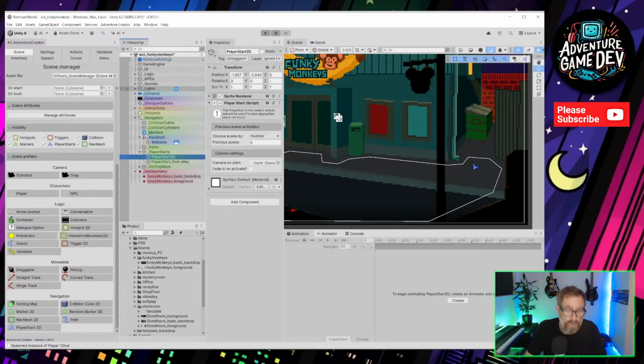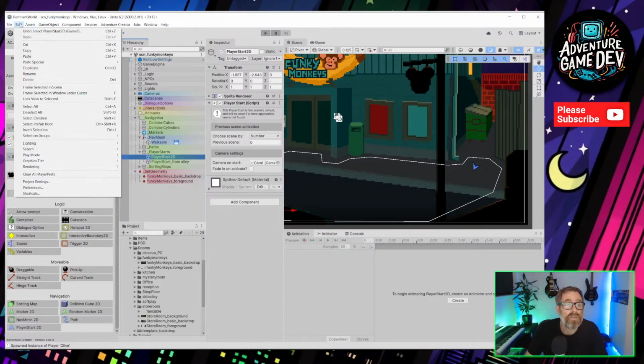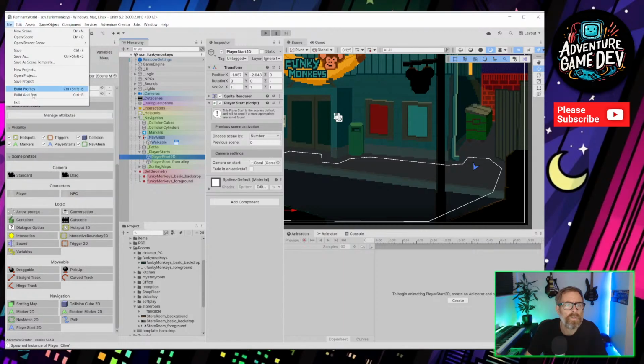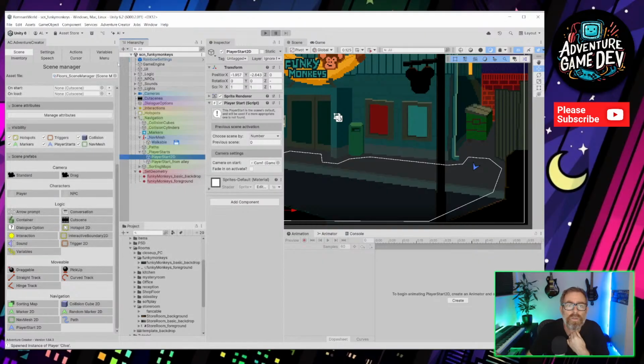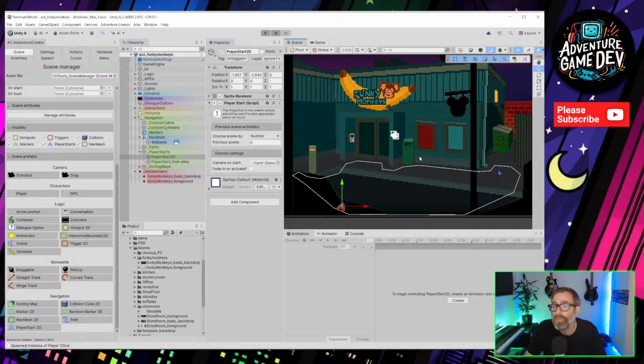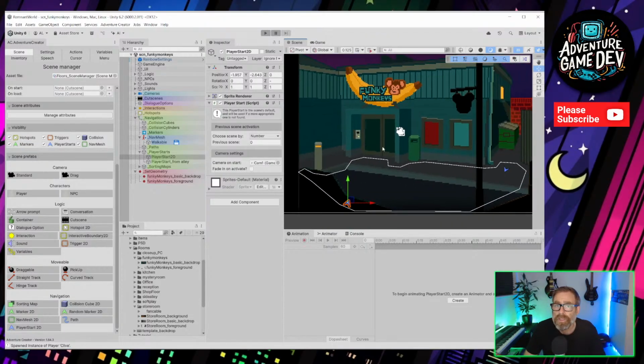What we also need to do as well, now we've got this scene, funky monkeys, is add this to the build settings. So I need to go project set... Oh, is it project settings? Build profiles. Yeah, they've changed all this. So we need to add the open scene. So funky monkeys is now added to the whole project, so we can reference it from other scenes. So that's the basics, I think.